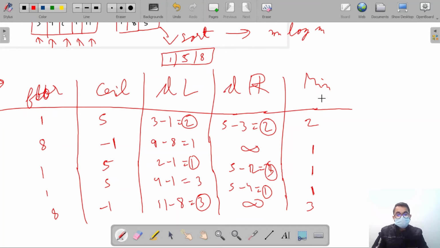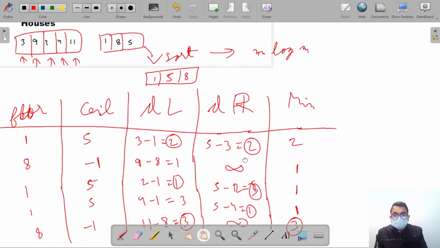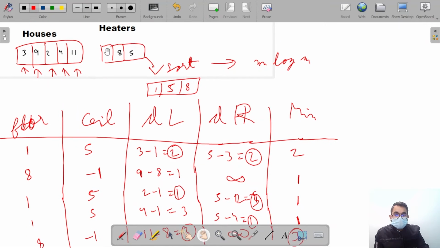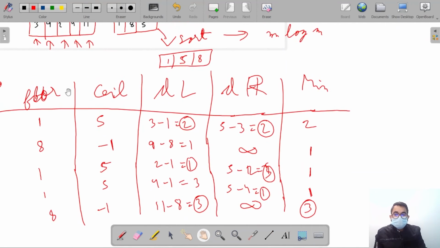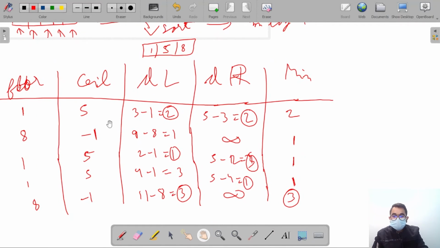And among these minimum distances, I will try to find the largest distance so that all the houses are warmed. So this is what I'm going to do now. First, I'm going to sort what? My heaters array. This array. Okay. After this, I'm just going to travel all over my house numbers and try to find floor and seal